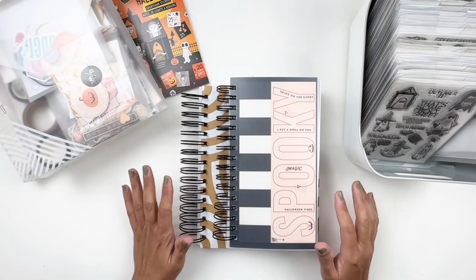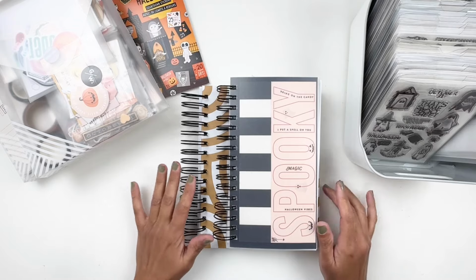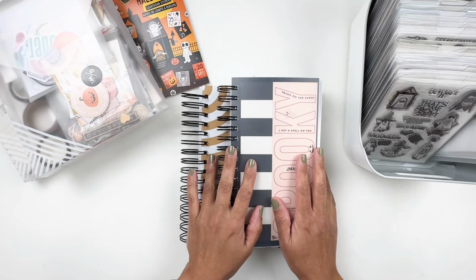Welcome to my October Daily 2024. I'm so excited. October is literally right around the corner, and I can't wait to start creating in my October